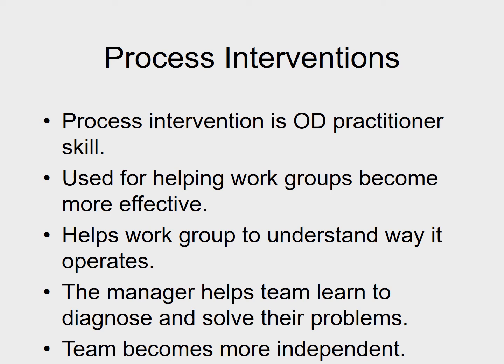So again, it provides that data, that outside view, communicated back to the group of this is how you're functioning, this is kind of the roles people are taking, these are the norms that exist. So the manager then can use this information to help the team learn to diagnose and solve their own problems. So again, teams work best when they're empowered to do their own work. So this also allows teams to become more independent because it's also putting the tools back in the team's hand. Here's the information about how you're functioning. How do you want to handle fixing the situation or improving how you function?